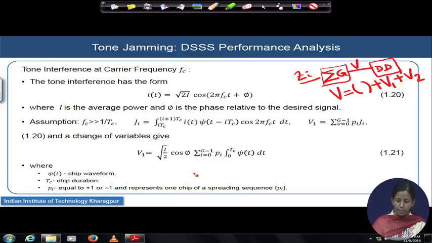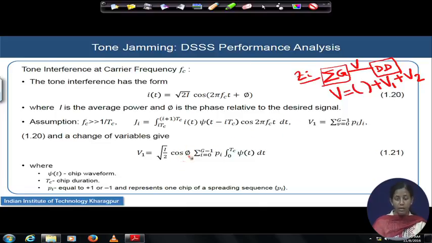And finally, for V1, first you substitute the value of Ii in the expression of Ji, and then you add them up. So, finally, we will come up with V1 with this expression, where after substitution we have utilized the fundamental of trigonometry by taking 2 cos A cos B. This will be the cos A and this is the cos B section. So, 2 cos A cos B will lead you to cos(A plus B) into cos(A minus B), and then